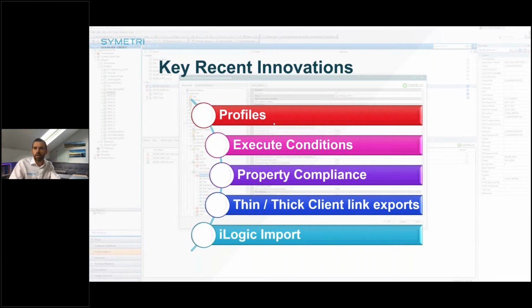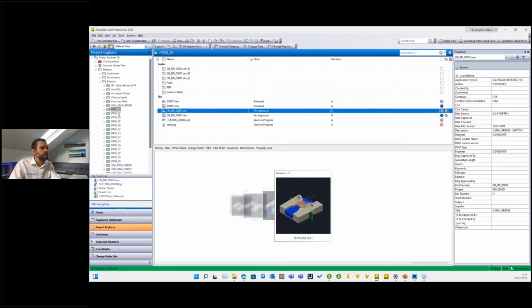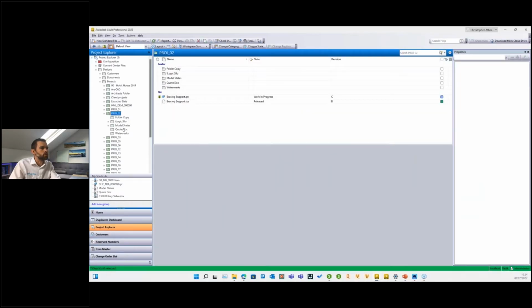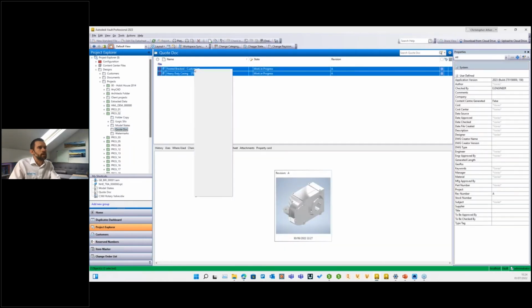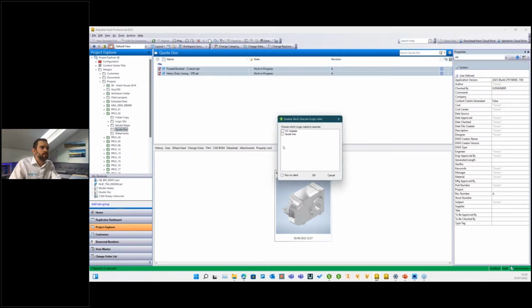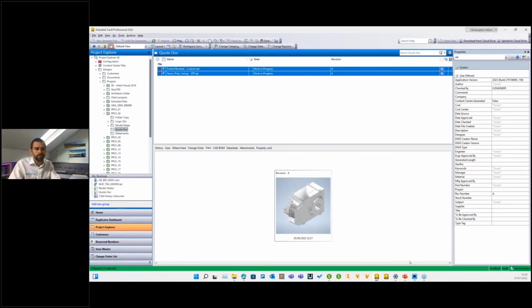So let's just take a very quick look at that. If I go into my folder here, you can see I've got two files. And if I right click on these under Sovelia Vault, we've got our menu and I can come down to iLogic rules. Now these are ones that I have defined, and what I've been able to do is say, well, I want to generate a quote document. I'm going to do that either using the job processor or run it on the client. We use the job processor for now. And when I hit OK, that will send a job to my job processor,